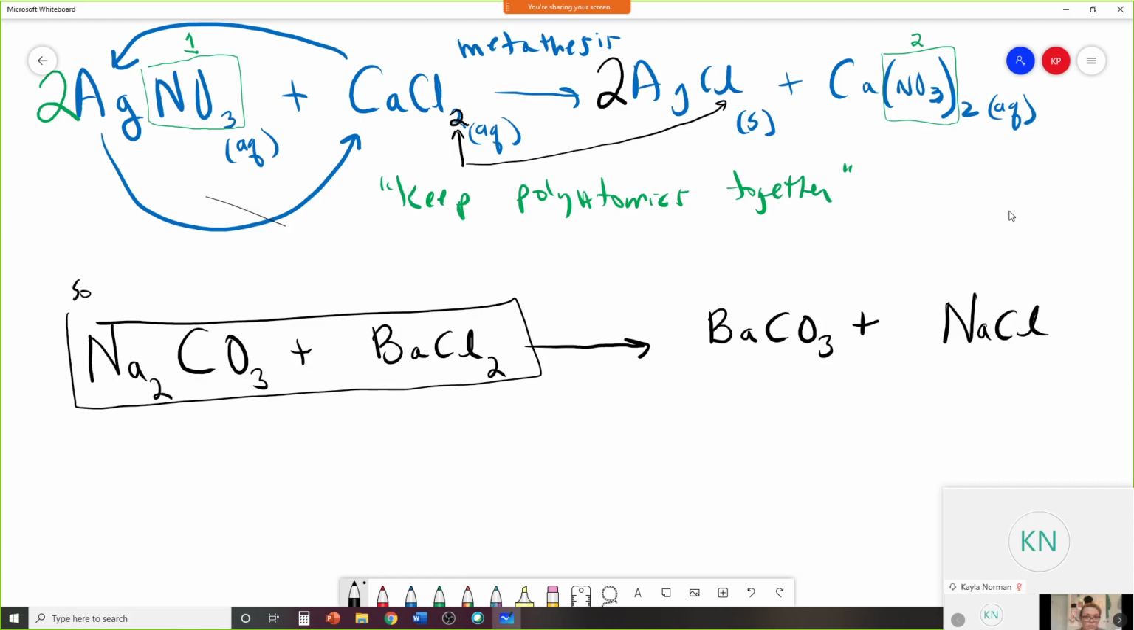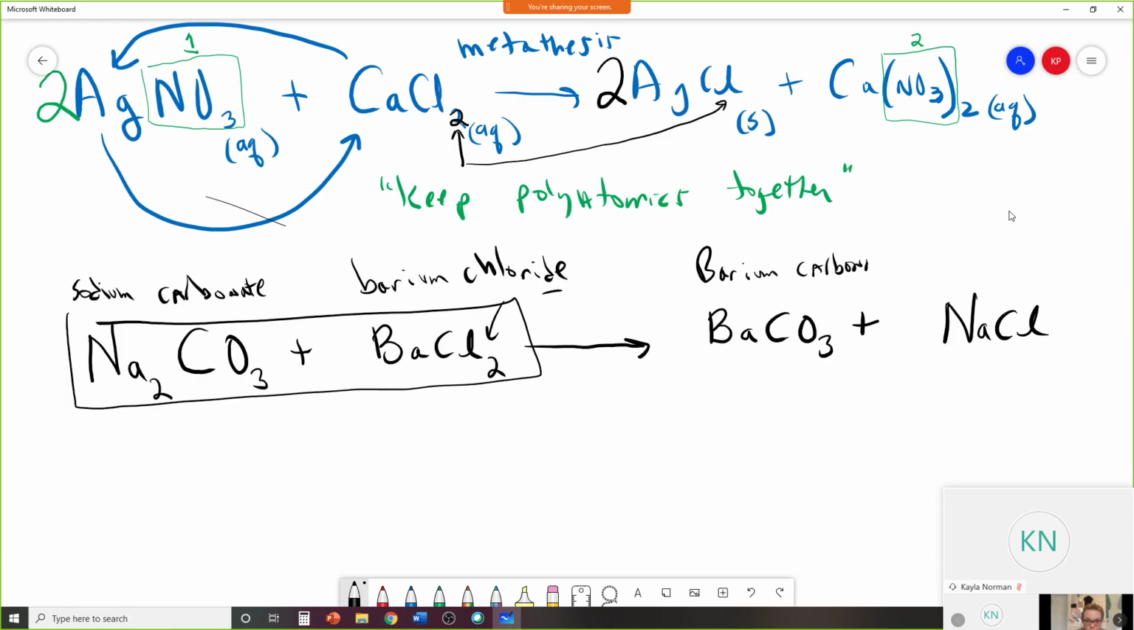So I look here and I see sodium carbonate. This is sodium carbonate. How do I know this is carbonate? Because I memorized my polyatomics on page 66. That's sodium carbonate. This is barium chloride. How do I know it's chloride? Because it's just the element. And this is barium